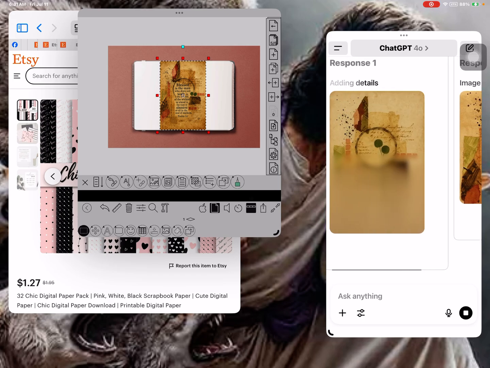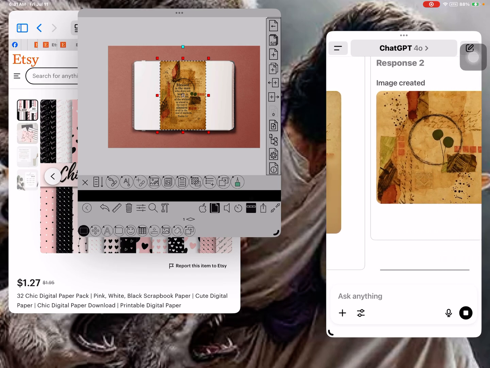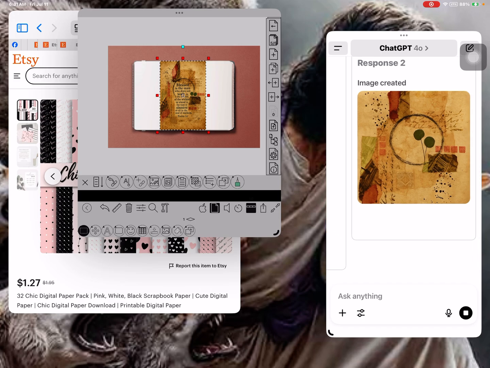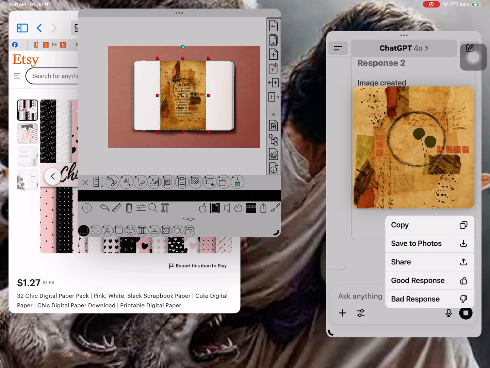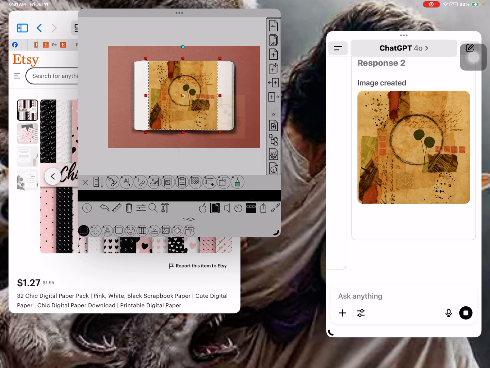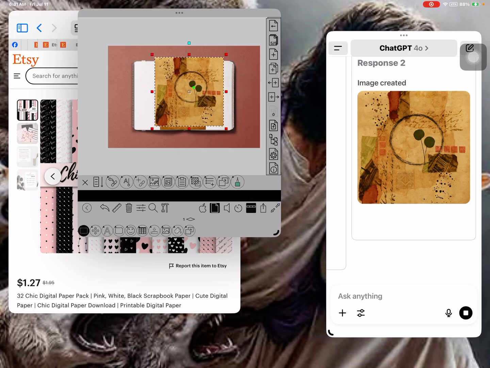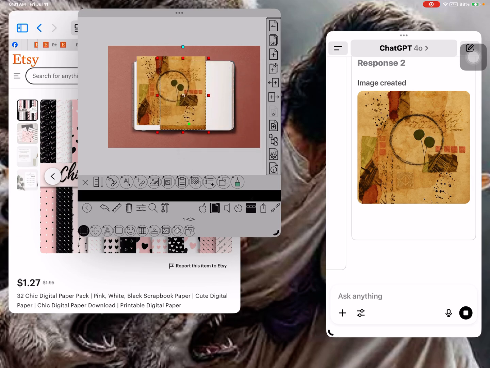I'm pretty sure I like this one the best, so I'm going to drag and drop it into Zoom Notes. And now I can add the text the way I want to. And to do that, I've already got